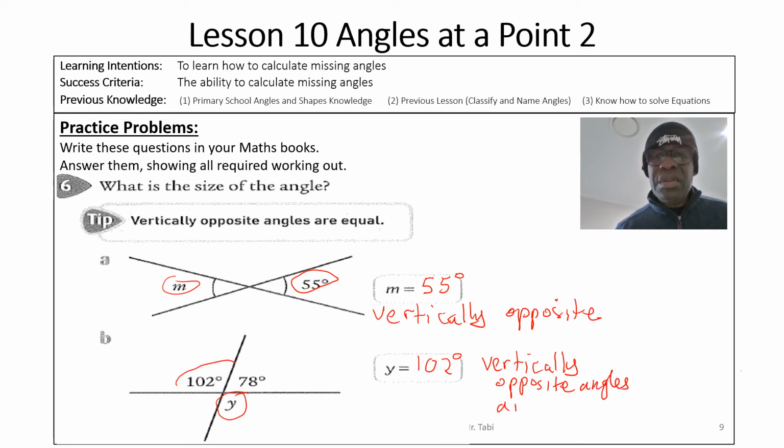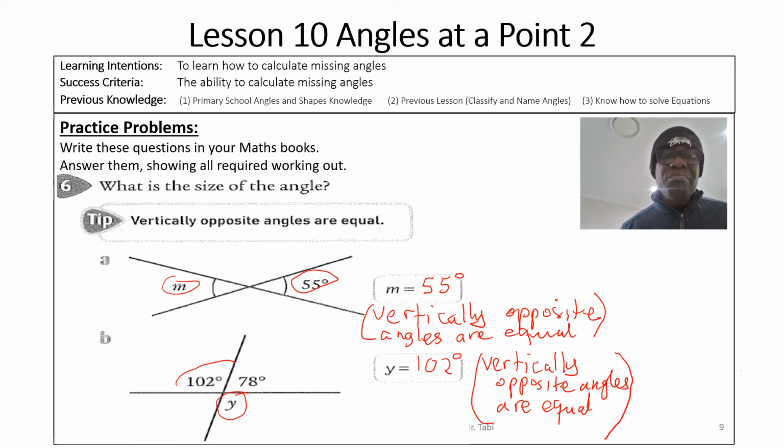Angles are equal. Here I could have also completed the sentence, vertically opposite angles are equal. So you give that as your reason. But with this question, you could have also